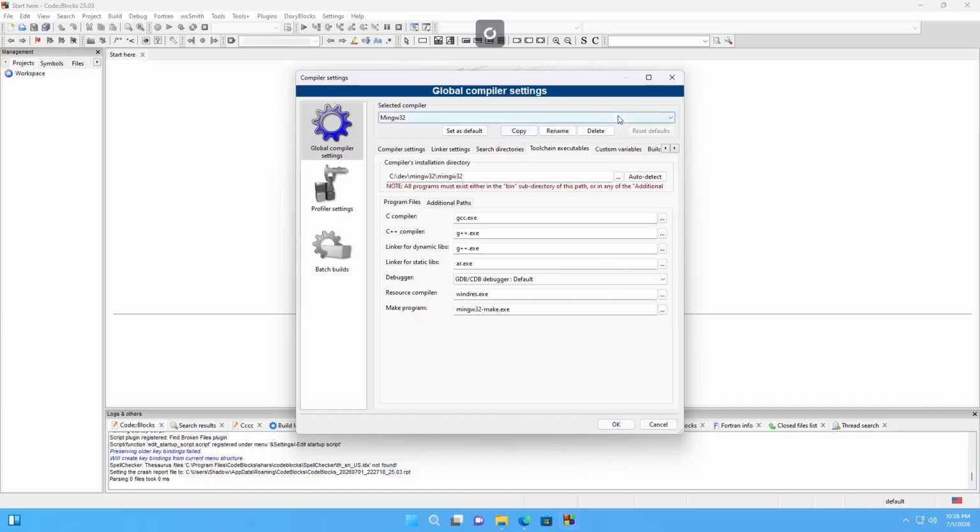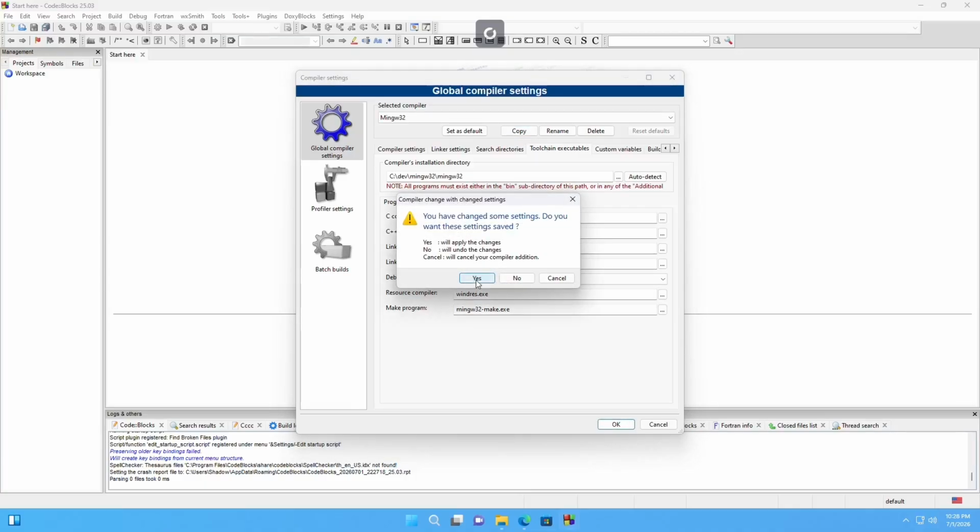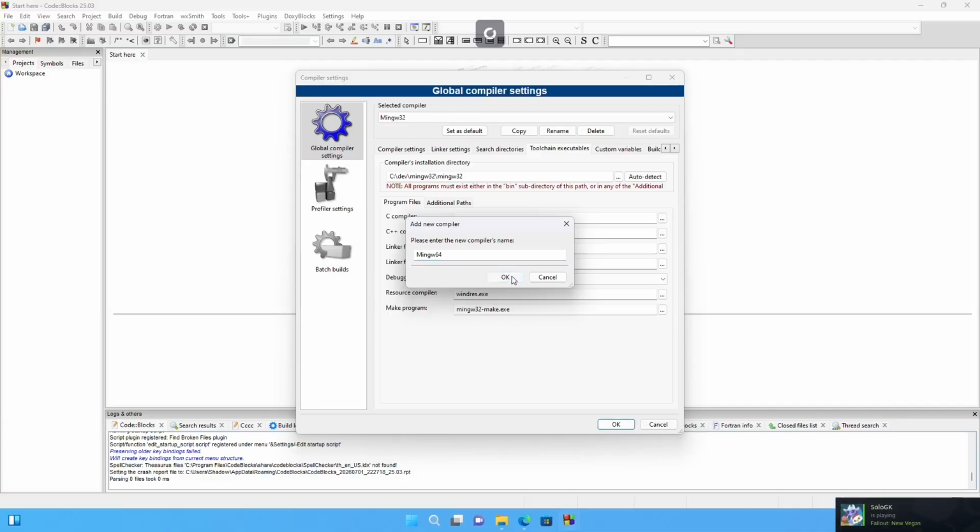And now we are going to copy this again. Yes, we do want to save this, and we'll call this copy MinGW64. And these names are important. Make sure you're naming it exactly what I am, because the RC Irrlicht repo is going to be looking for these compiler names when the script pulls it down and tries to build it. So okay